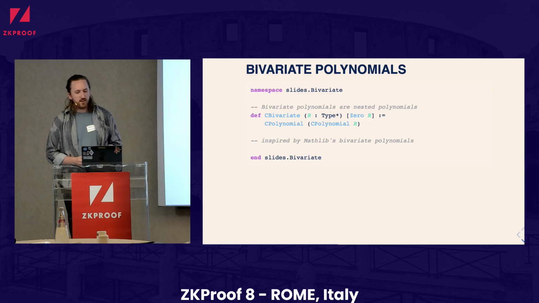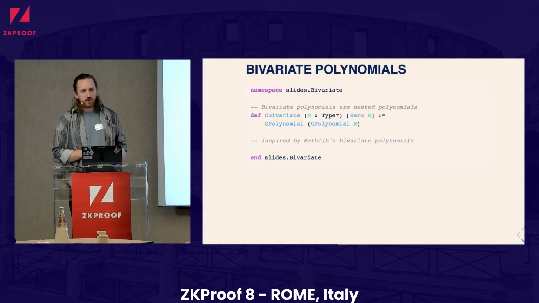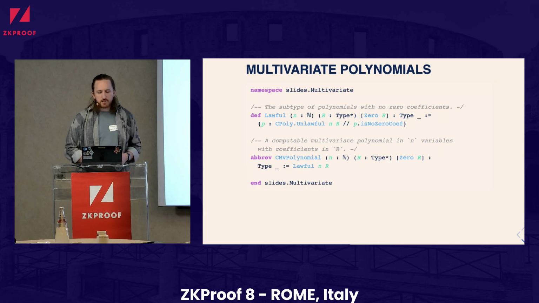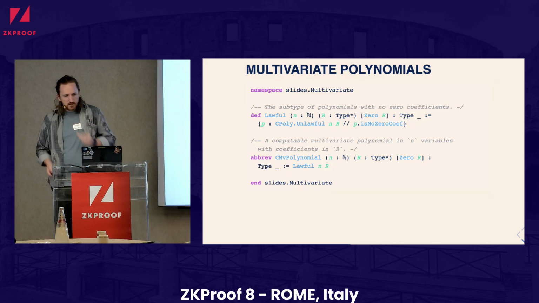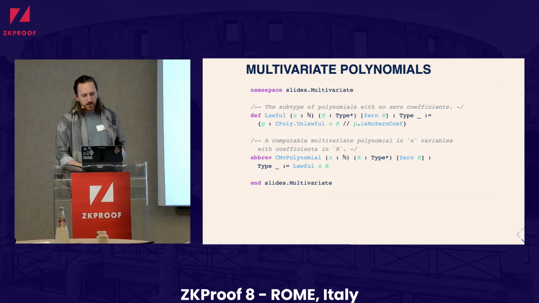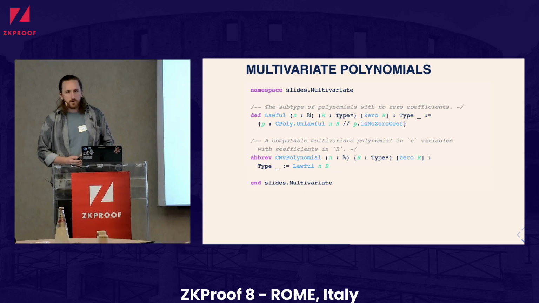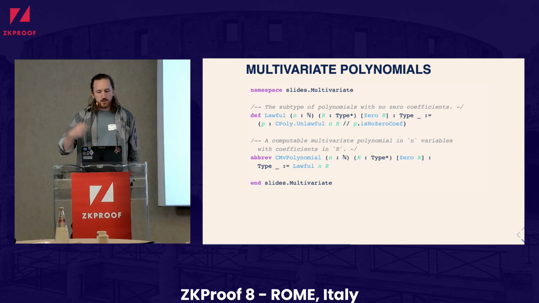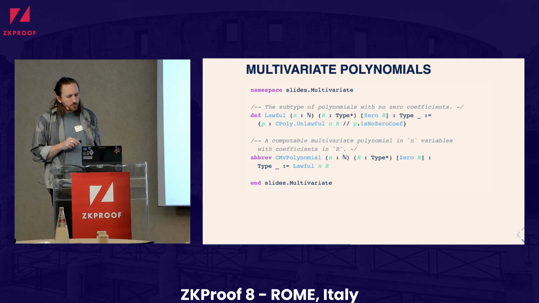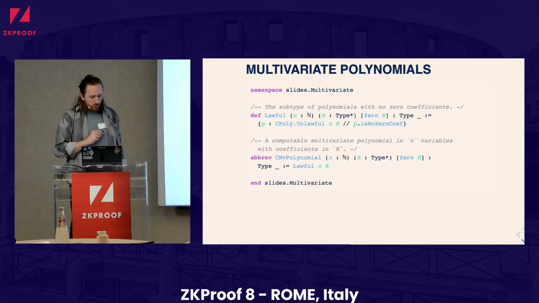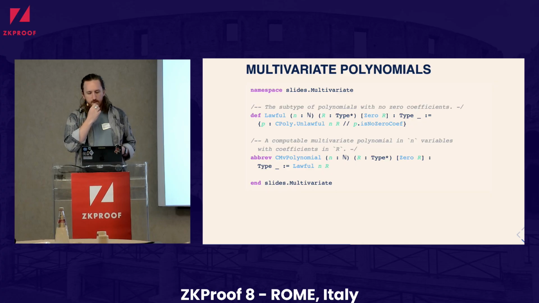Bivariate is our nested univariate polynomial, so it's a polynomial of a polynomial. Multivariate is different. In the univariate case, we have dense coefficient arrays. In the multivariate case, the data type that is used is more optimized for sparse polynomials. And so there's this extensible tree data type that's used to map the monomials to their coefficients,